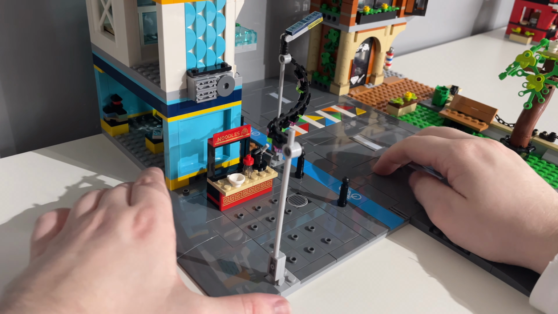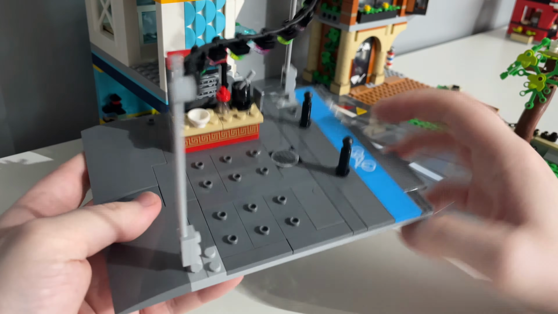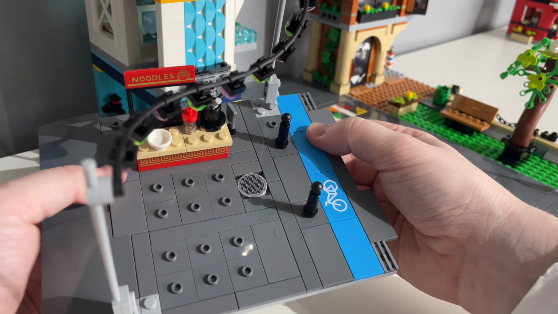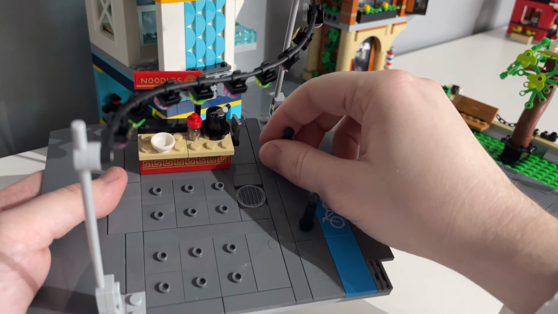Moving on to the next little assembly section, you do have this. Well, it's essentially a road plate. Obviously, it's not completely a road plate. You do build it up, but it's like the road's been closed off. So maybe this used to be a road and now it's just pedestrian access only. Or it could be like a part-time road, you know. You can open it up when the store's not here all the days, and then you can just remove the bollards,